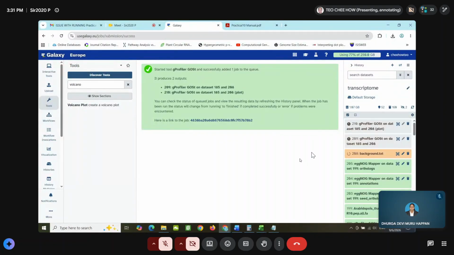So basically, this is the standard pipeline for the DESeq.